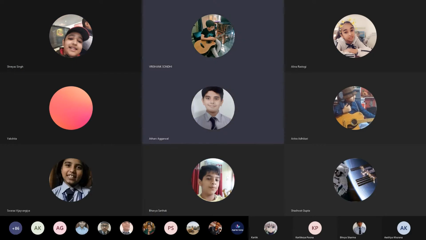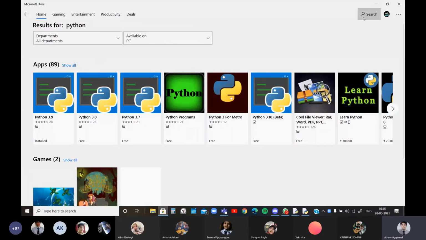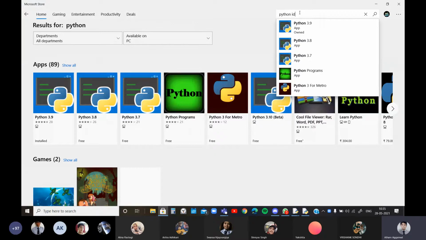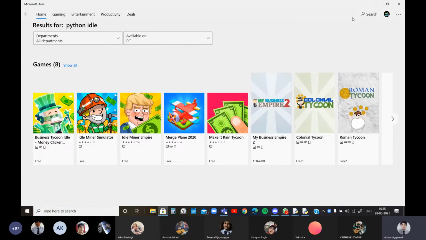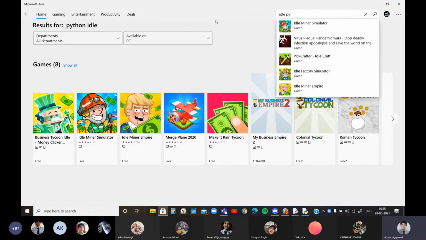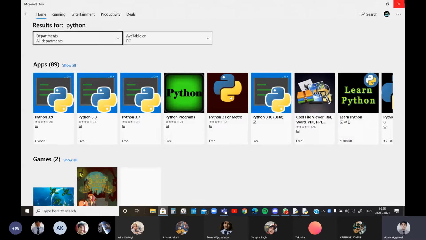Everybody, this is the last way to download Python. Just go to the Microsoft Store. Just type Python IDLE. You can download Python from here, or you can download it from the website, whichever way is suitable for you.